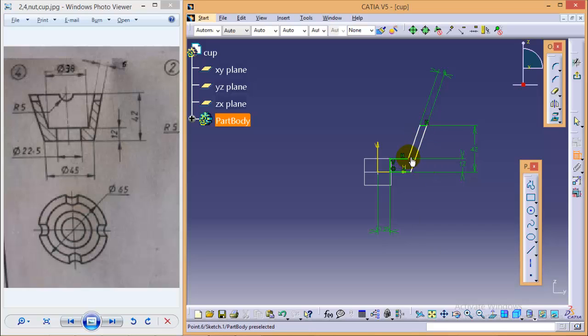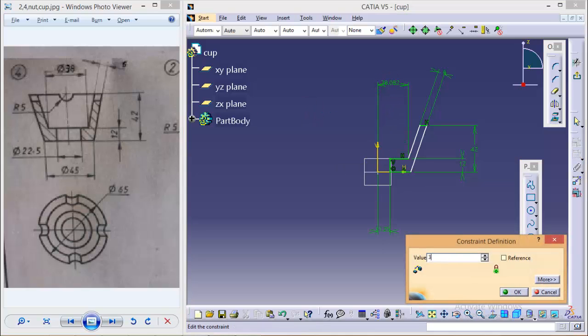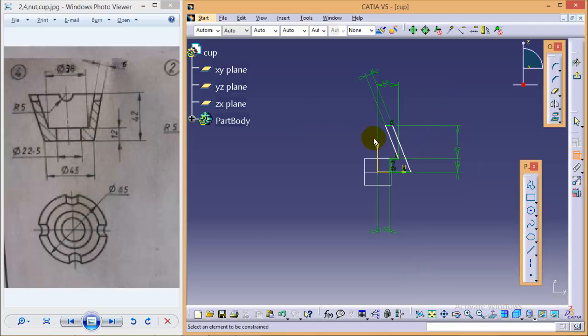Distance of this point from the rotation axis is 38 divided by 2. I think we have done something wrong here, but you don't need to worry about it. We just give this particular dimension and it will be okay.